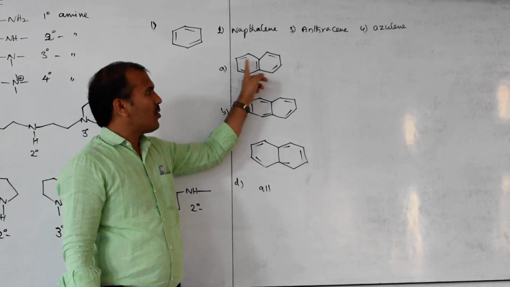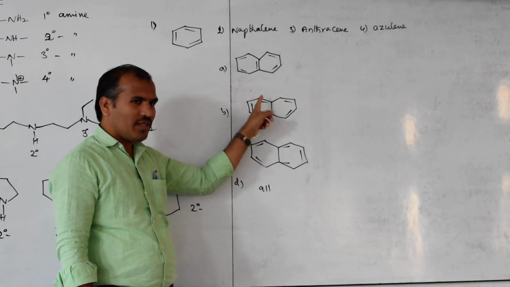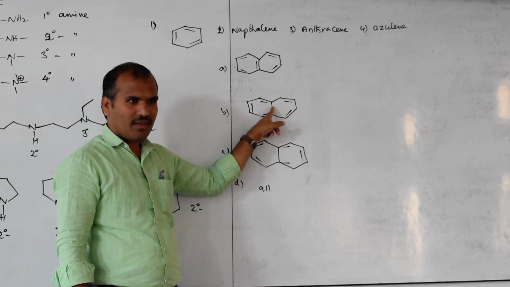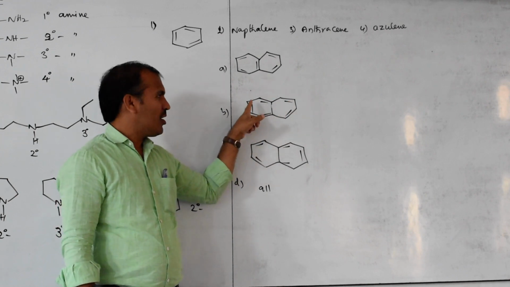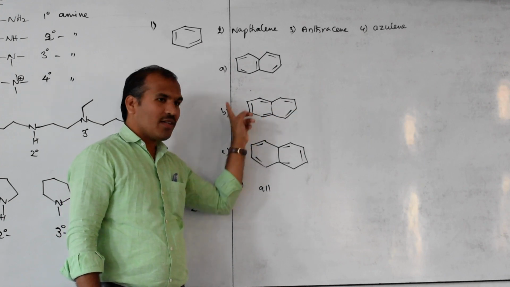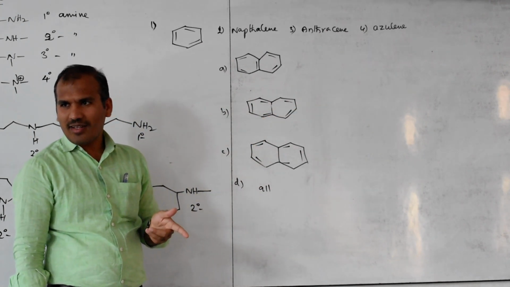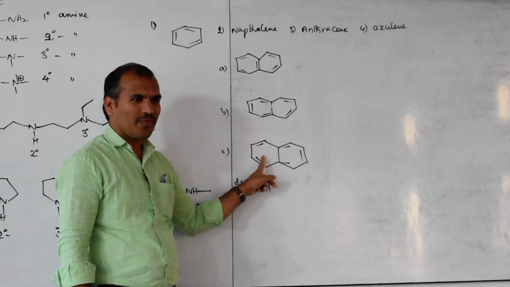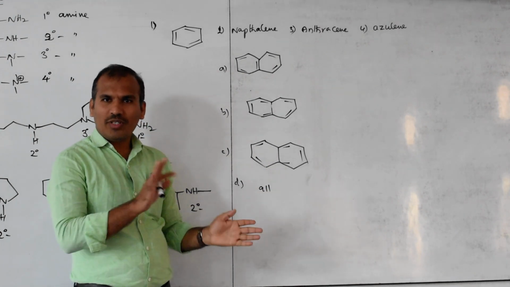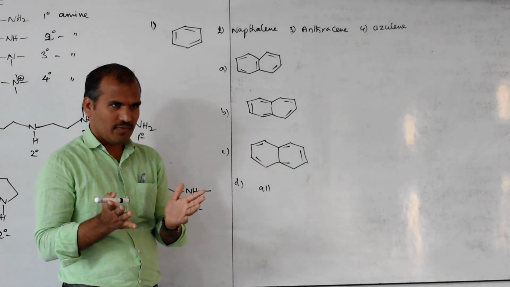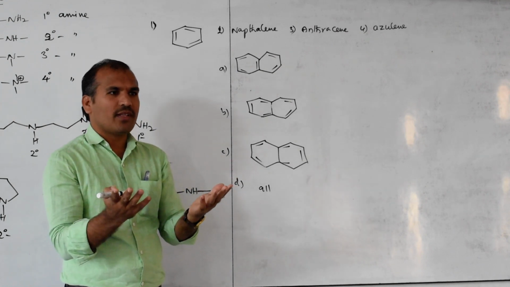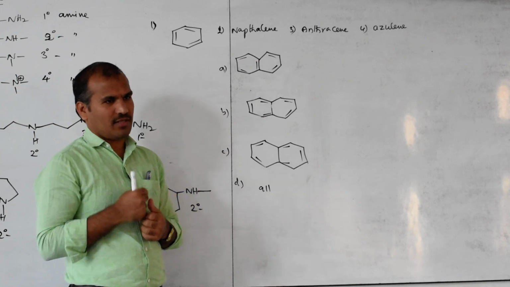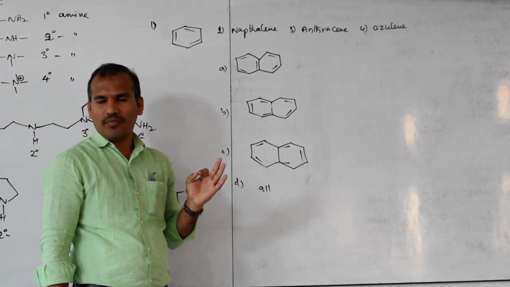So here both rings look like benzene. Here only one ring looks like benzene. This is not. See, the double bond is here, the double bond is not appearing here. But alternate double bonds are there: double bond, single bond, double bond, single bond. Alternate is there, but the benzene-like structure is not there. Right? Here the right side is not, here the left side is not. Got the point? So whichever has all or the maximum, if possible you have to represent all as benzene type structure. But it is not always possible. You have to write the maximum number of benzene type structures. Then that is more stable.